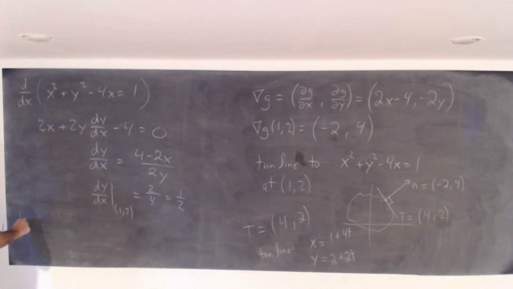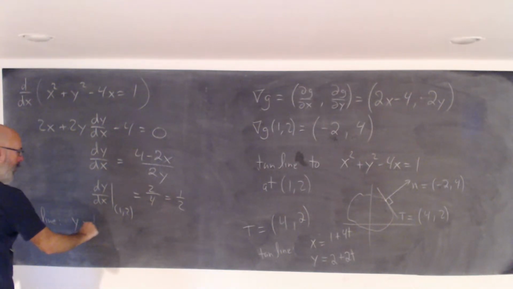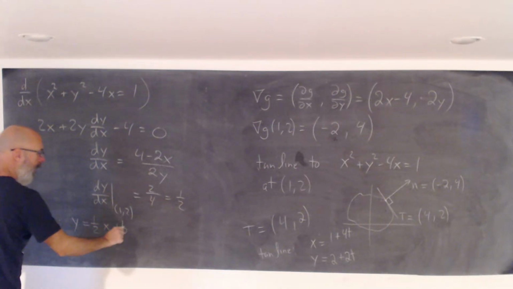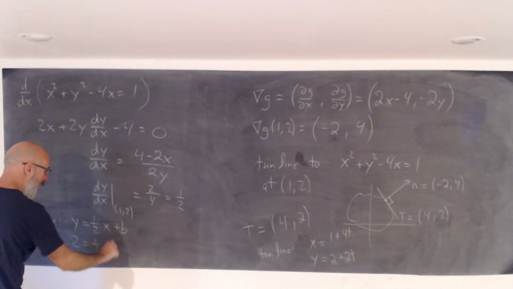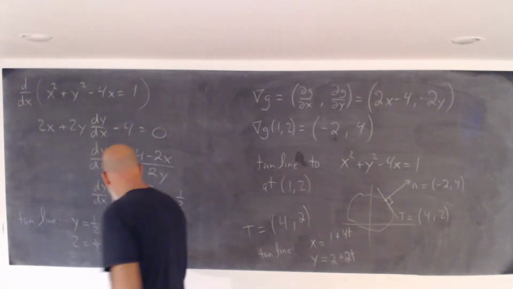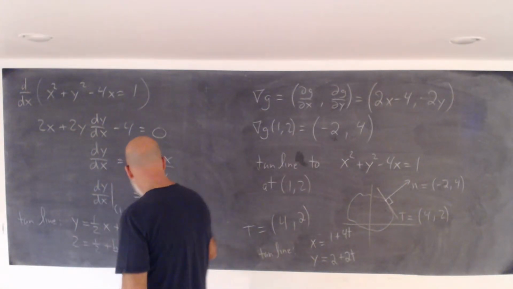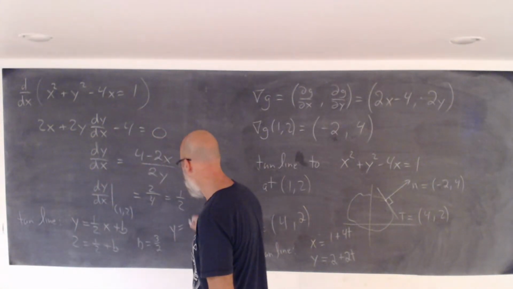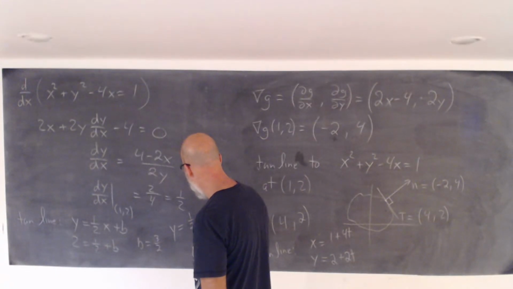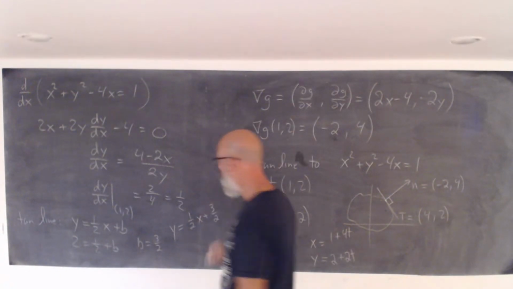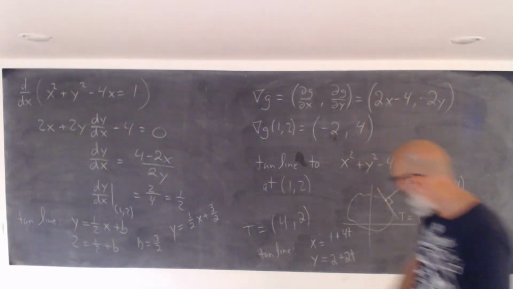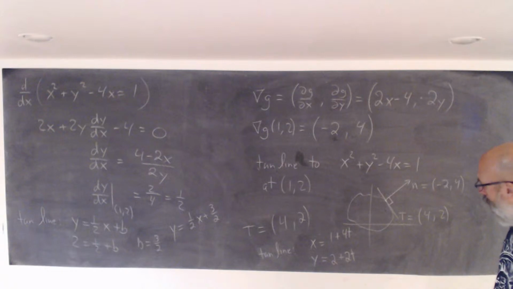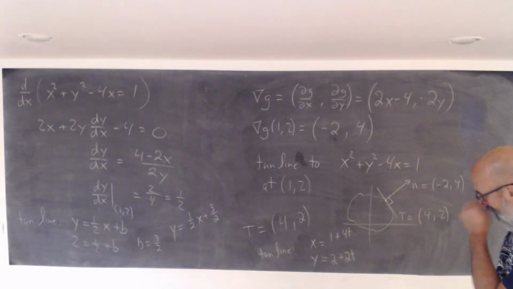So your tangent line, y equals 1/2 x plus b. When x is 1, y is 2. So b is 3 over 2, and y equals 1/2 x plus 3 over 2 is the equation of the line. Well, now you're looking at this and you're thinking they don't look the same at all, but